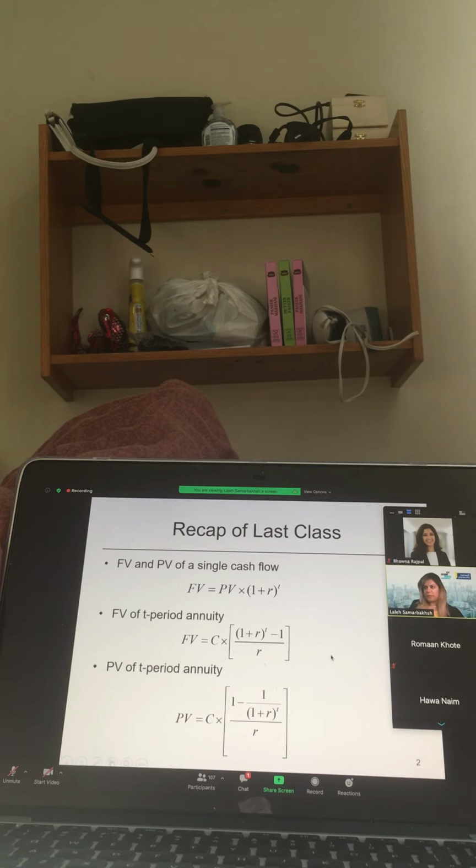So I think we're good. A quick recap: what did we learn for time value of money? First of all, we learned how to move a single cash flow in time, okay? Present value, future value. You should be very comfortable with your calculator doing that. On your calculator, you have PV, FV, right? If it's a single cash flow, you're using one of these two. You have N, or number of periods, and I/Y, which is your interest rate.